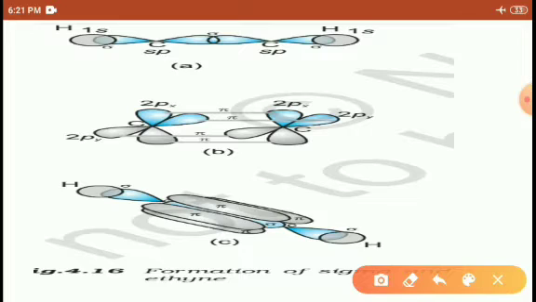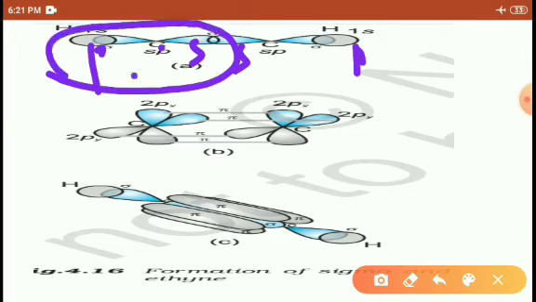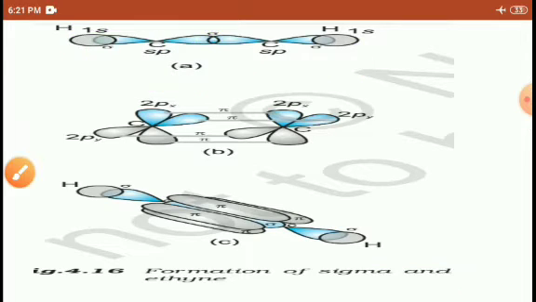Look at your structure. Right, friends? So these are the two structures, friends. Here on one carbon, the s orbital is hybridized, and here the p orbitals, so it is an sp orbital. This is the s orbital and this is the p orbital. So we are considering only one carbon: one carbon is sp hybridization. Similarly, the other carbon is also sp hybridization. Right. So on one carbon sp, on the other carbon sp2 is not available. So if both are bonding, it may be sp, sp2 or sp3.